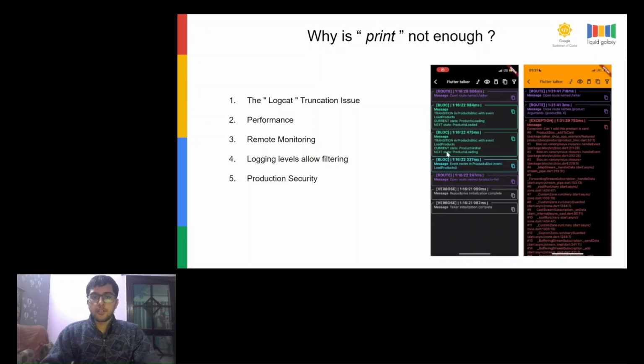Next, performance. Performance is really important for any application. You don't want to see a loader for 5 or 10 seconds just buffering there. You want your application to be fast. Whenever you use print, it writes to the standard output. In many environments, this is a blocking synchronous operation. That means it will hold your main thread and